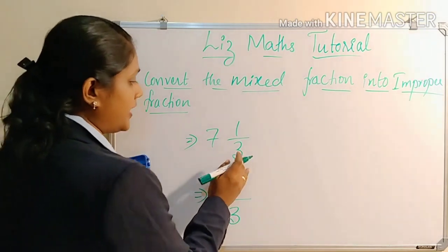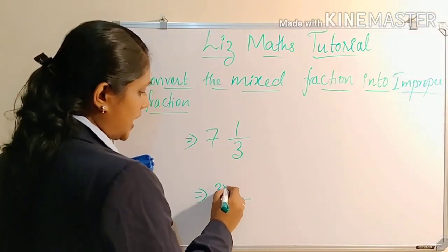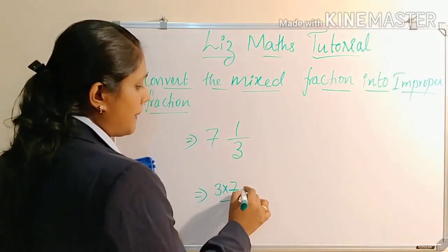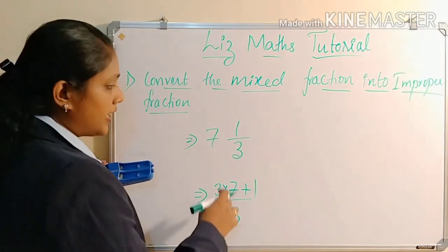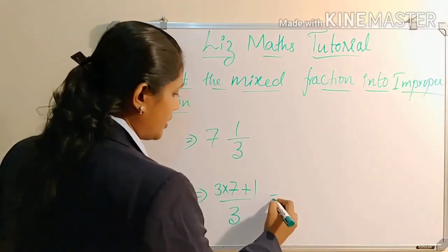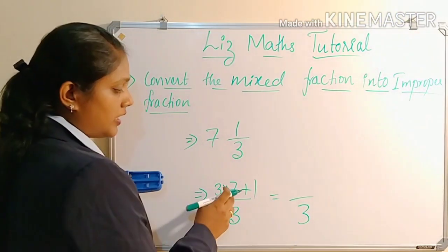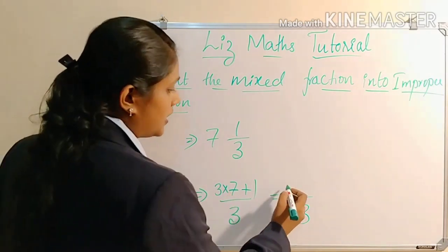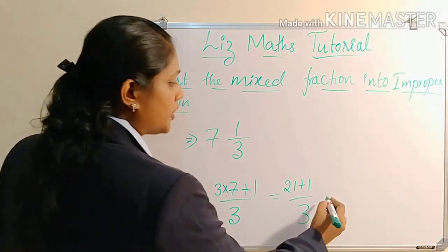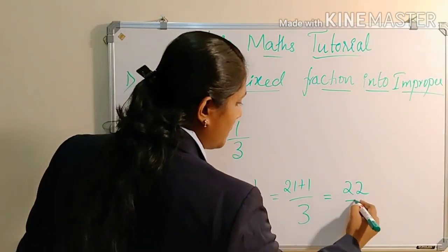Then multiply 3 into 7, that is 3 into 7 plus 1. These two you multiply and add the answer to this. So what will you get here? 7 3s are 21 plus 1. So you are getting 22 by